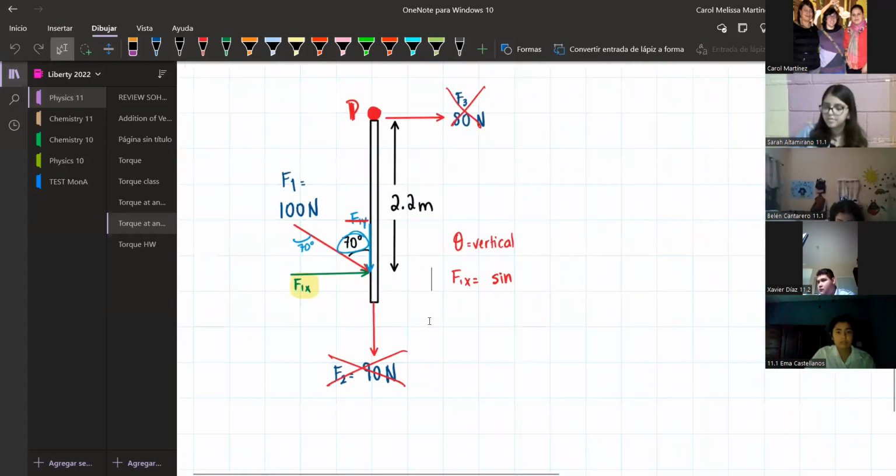So those are the kinds of analysis that you have to do with torque. I know that it is a little bit more complex, but you need to be careful. Also, keep using the pencil to discard those forces that are not